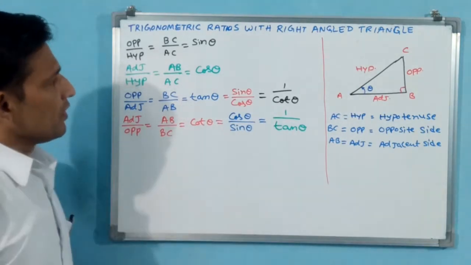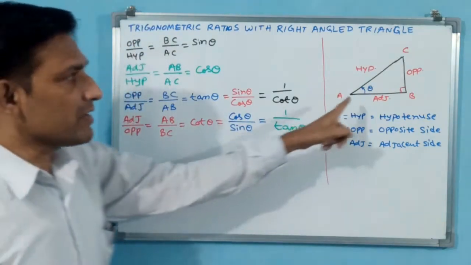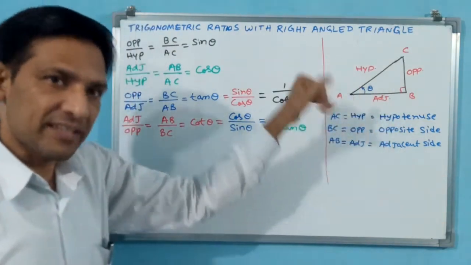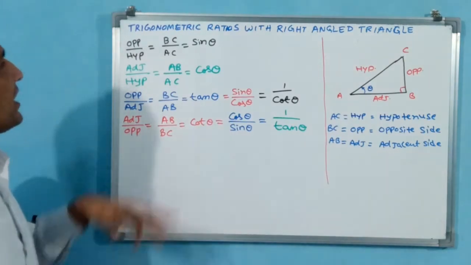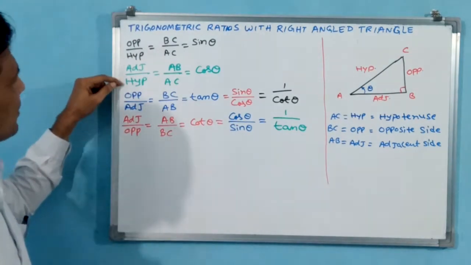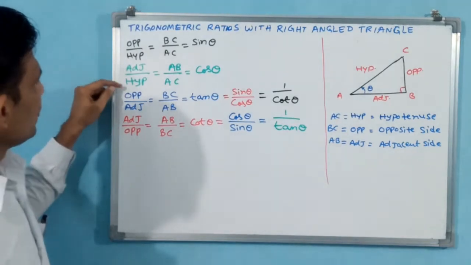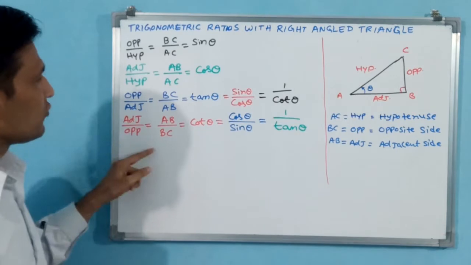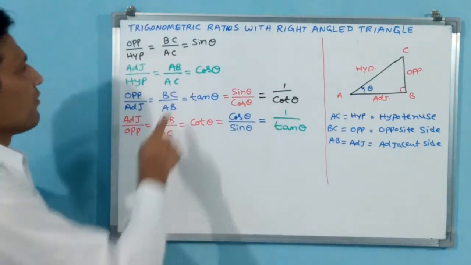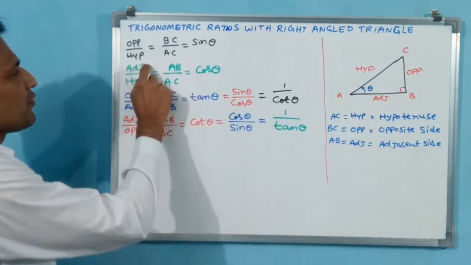Okay. Now original 4 only we have seen. Remaining 2 are still pending. Then that also we have to see. What are those? Until now denominator has come, hypotenuse. What I do, I will take hypotenuse as numerator and I will make it. Okay, what I make, I will make this one, hypotenuse by adjacent side.